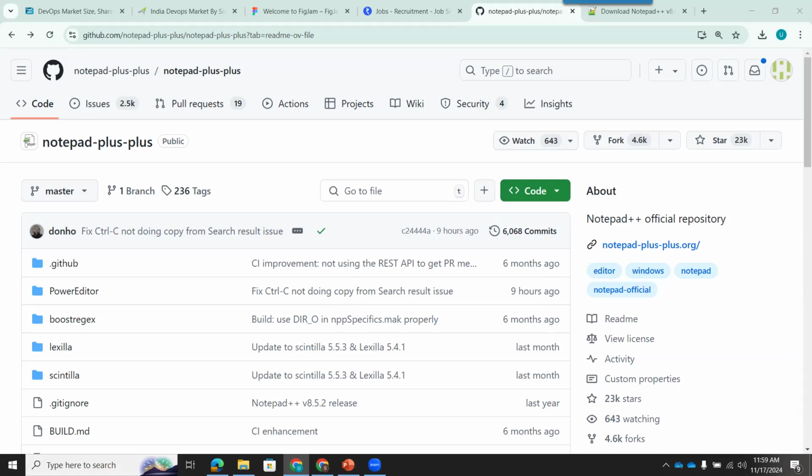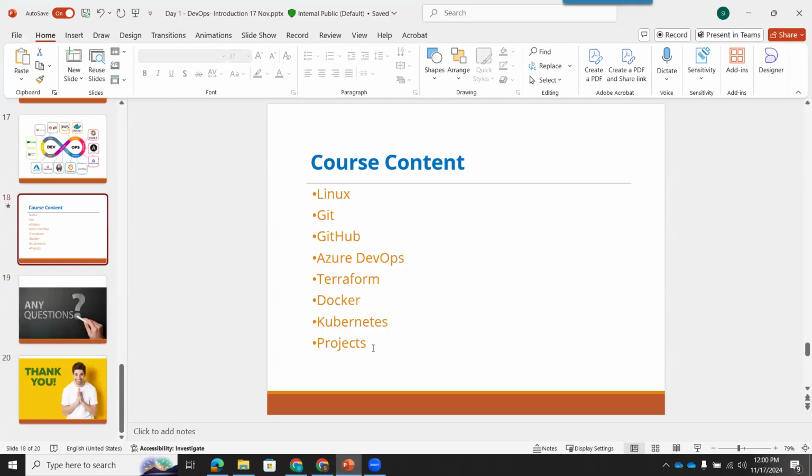In the MNCs, there are positions only for Git engineers. They don't need you to have Docker or Kubernetes knowledge. If you are very good in Git, that is also fine for them. They will give you a job for Git only. For every tool we have shown you, there is a requirement for a specialist. If you know only Docker, you will be responsible only for creating the Docker images. You don't need to know about Kubernetes or Azure DevOps. But you should be such a master, your knowledge should be very good, and you should be able to deliver in any case. So it depends on the companies.